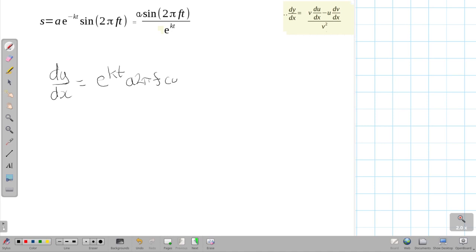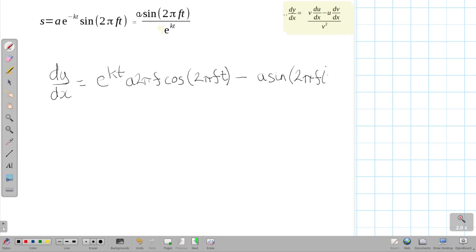Then we've got cosine, the other function if we like, 2 pi, and the stuff inside the bracket stays the same as always. Nothing's done to that. Then we've got a minus sign. Then we've got u. Sorry, no we haven't. Let's get rid of that. Yes, we've got u, but it's just as it comes. So a sine 2 pi